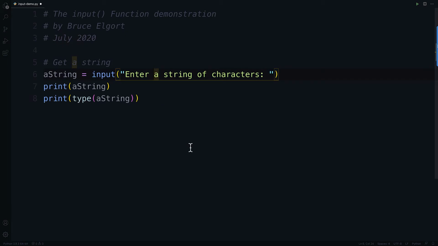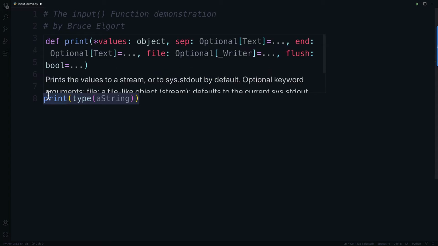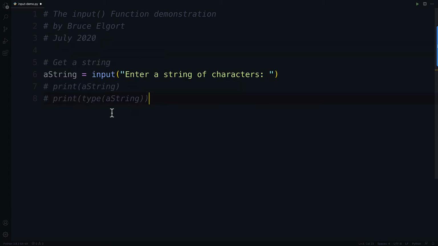And as you may have seen in other videos, input is going to prompt a human, a user, a person, right, to enter in something that we are asking for. And I'm just going to comment out these two lines. There we go. So the only executable line in this program now is the one here on line 6,